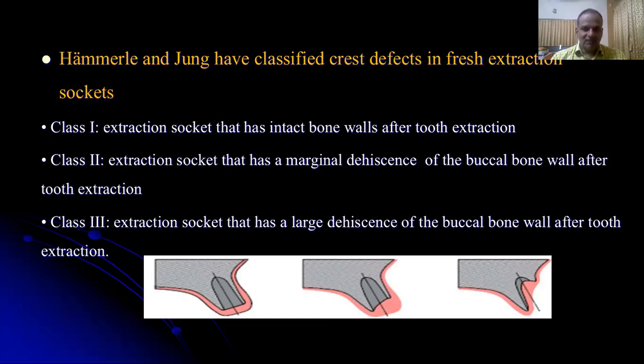At this point, it's very important for us to understand two important points. One is to do the treatment plan before extracting any tooth, and the second is to do the extraction as conservatively as possible. So for any patient who reports to us for tooth extraction, before we remove the tooth, replacement should be planned, and various tooth replacement modalities should be explained to the patient, and we should come to one conclusion on how to replace that tooth before extracting it.